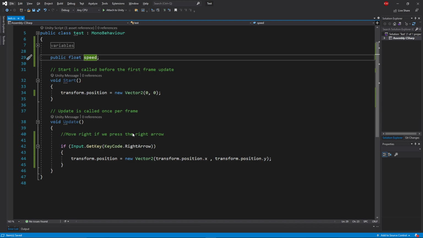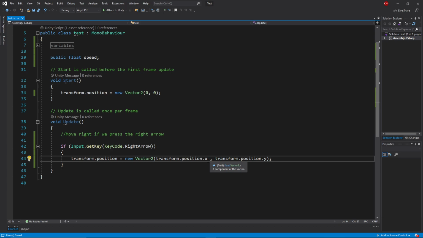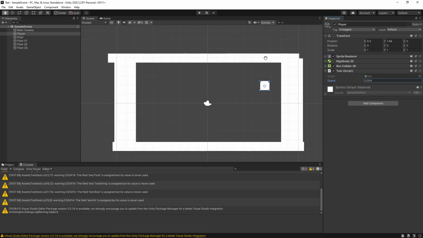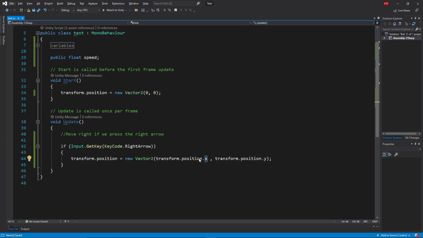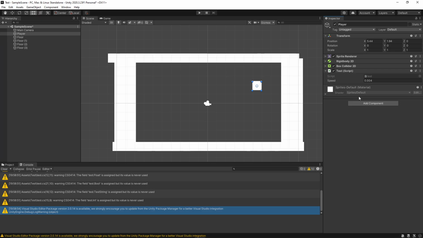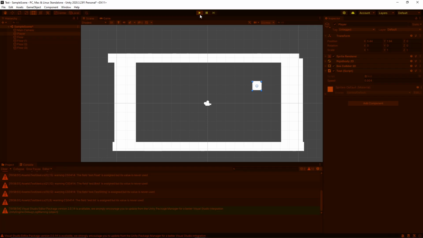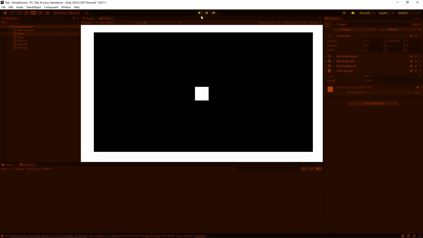If we want it to move right, we have to add something to the x position. Because if we add something, it will go to the right. If we subtract it, it will go to the left. So if we add the speed that we just made, here, speed, it will basically say every time add this number. So if we start the game now, and we press the right arrow key, as you can see, it